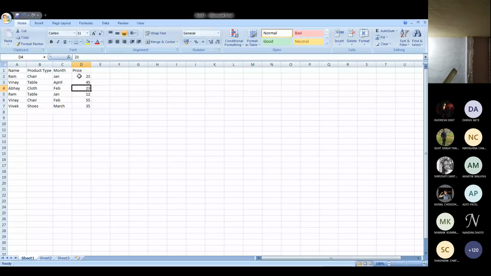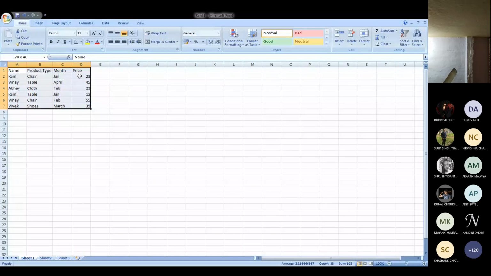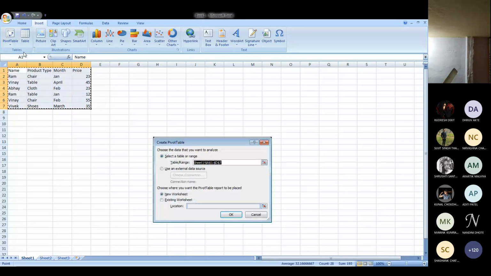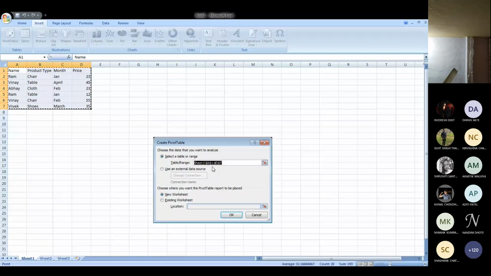So creating a pivot table is very simple. I just select the data which I have created, and then I go to Insert and then Pivot Table. So there are two options, pivot table and pivot chart. We are dealing with the pivot table. A pivot chart creates a chart using the same data, and a pivot table creates a table using the same data. So I click the pivot table,